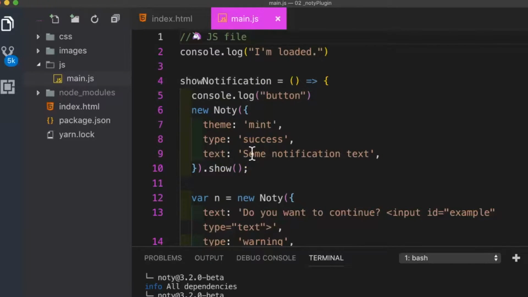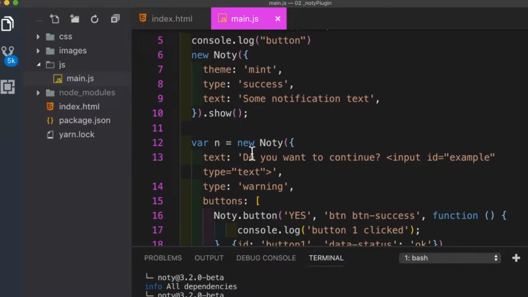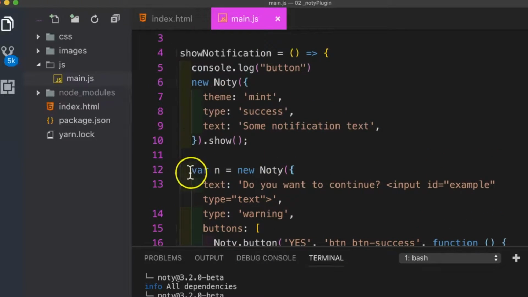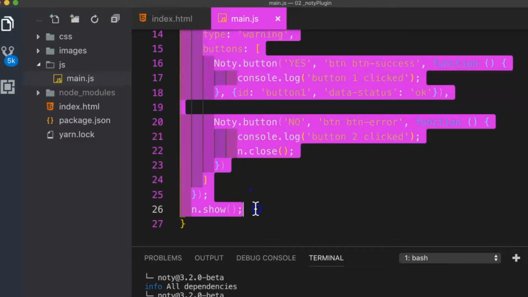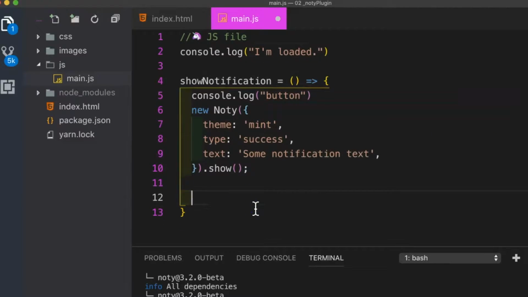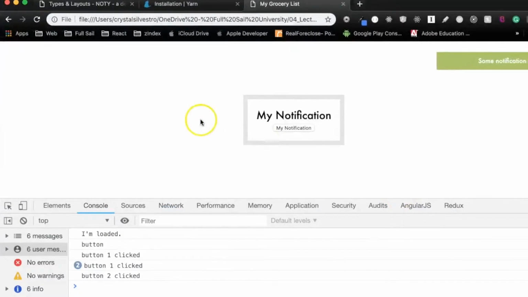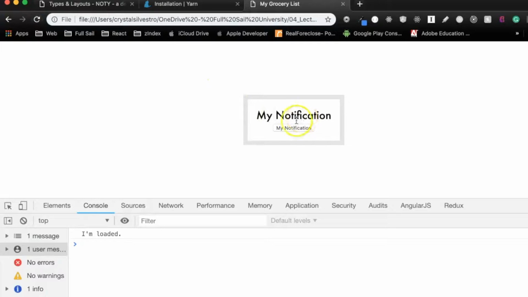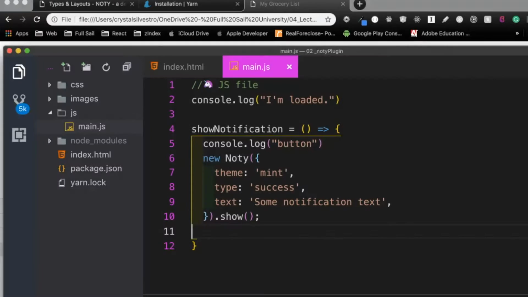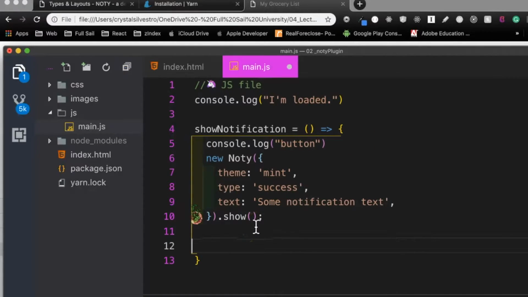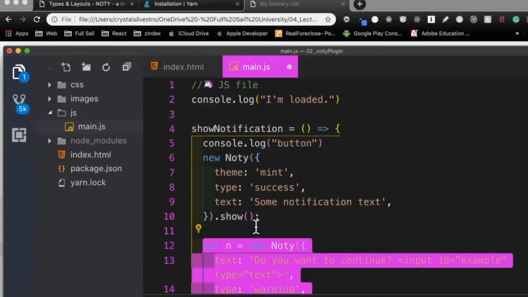I combined two at one time just to show you the different effects of how it would look. So with that being said, let me just go ahead and comment this out for right now. You can make this one run. If I hit save, go back to my HTML. Let me refresh this. You can now see I have the green mint with the notification that says some notification text. If I were to try the confirm dialog,